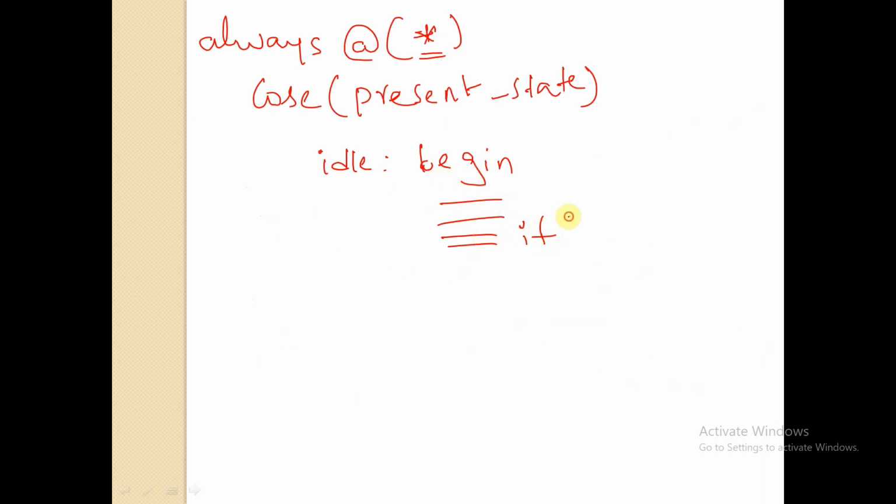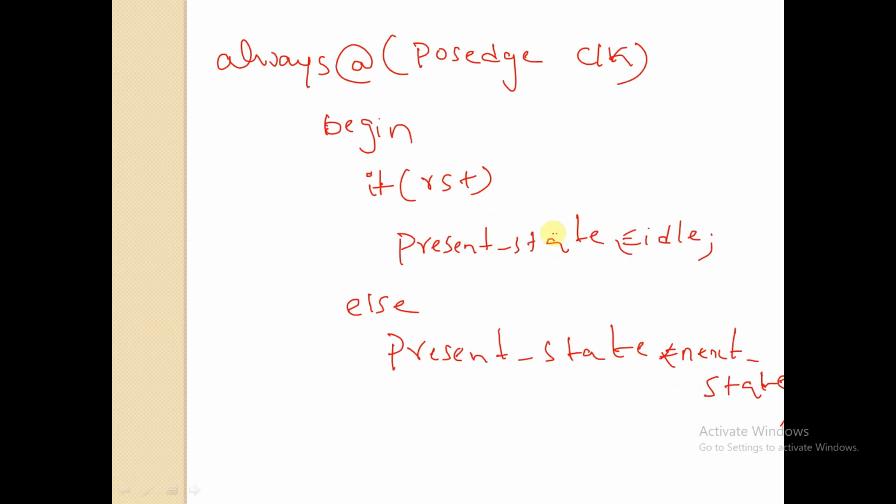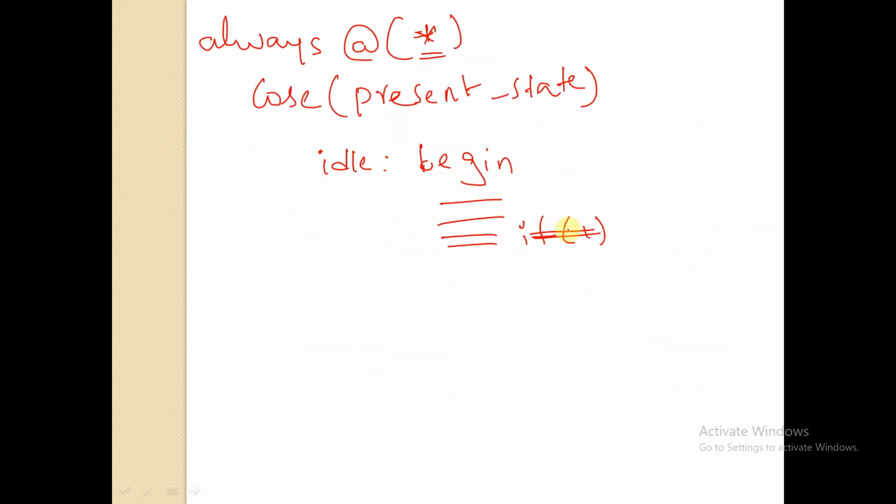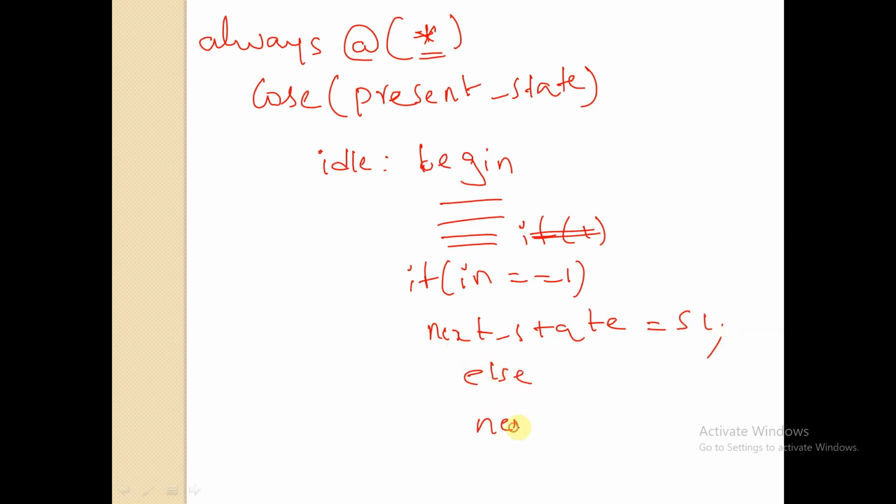I will take some register input, reg in, like this. So if in is equal to 1, or I can write simply if in, then next_state should be S1, else next_state should be